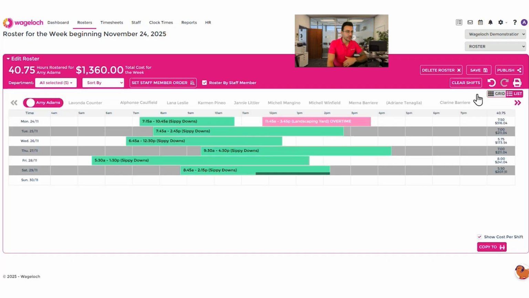Going back to the list view for Amy Adams, with our award interpretation engine, if you have rules around overtime or time in lieu, or if it needs to change to any particular penalty throughout the pay period, we can color coordinate these shifts as well to highlight when they are going into different pay items automatically. As we can see here for Amy Adams, we have now rostered her for exactly 38 hours, and it's costing me